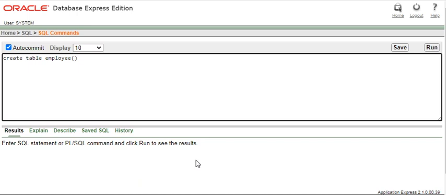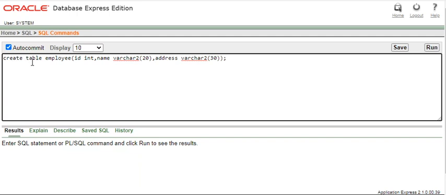I am taking ID as one column with integer data type, and name of the employee with data type varchar2 of size 20. Then address to store the employee address, again varchar2. Because it is an address, I am taking some extra size, 30. At the end, I have to give the semicolon.